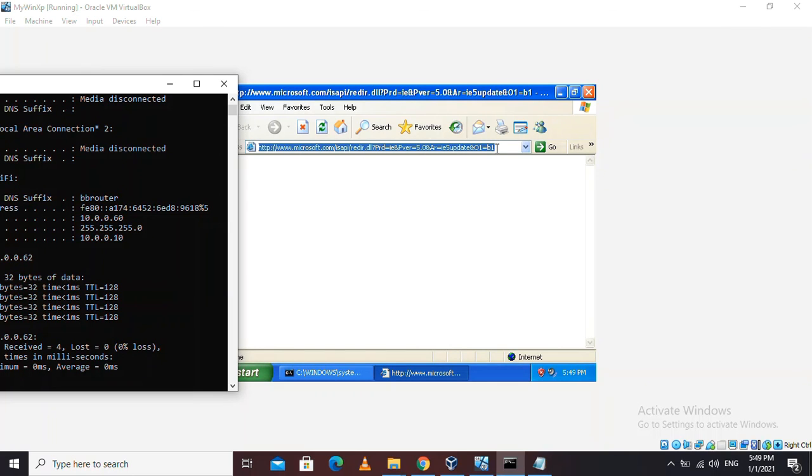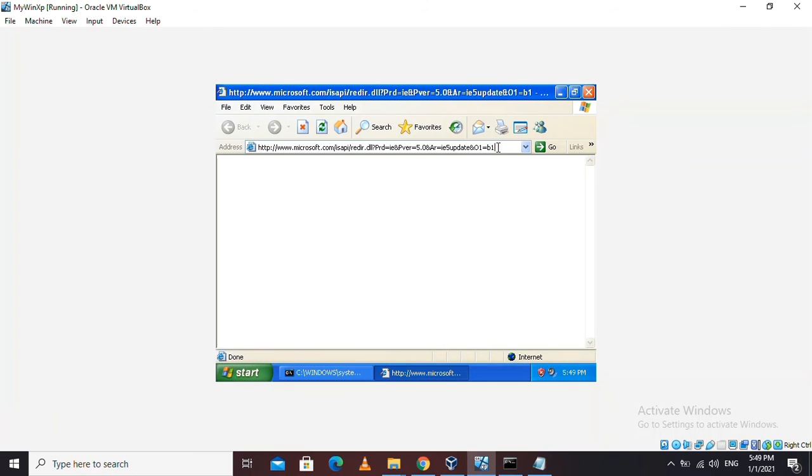I'm going to type 10.0.0.60, then slash hostel, and wait for the page to load. As you see, it's already loading. Now it's finished loading,